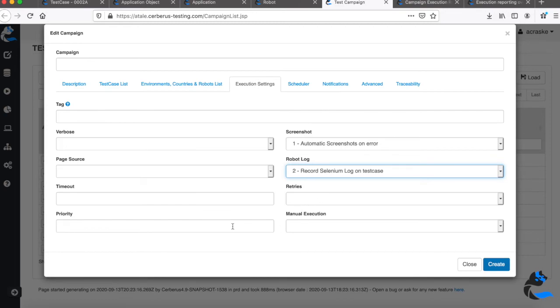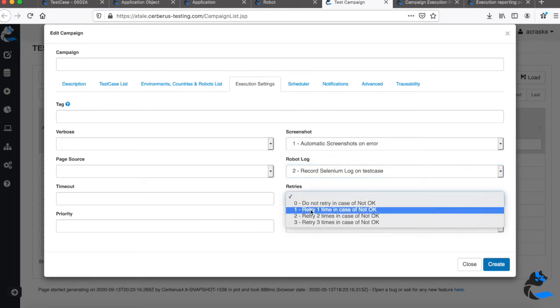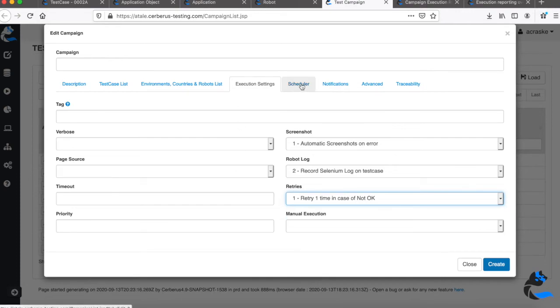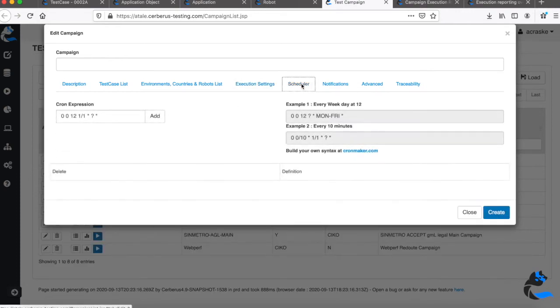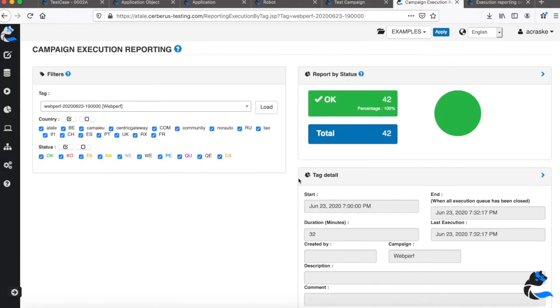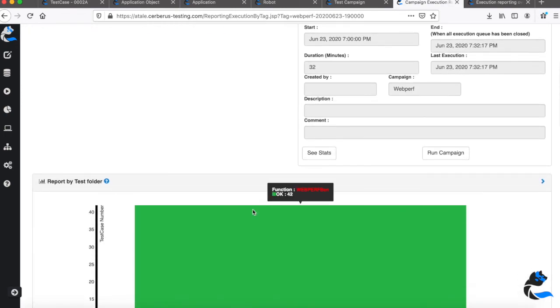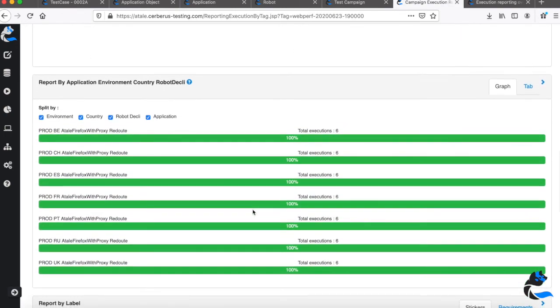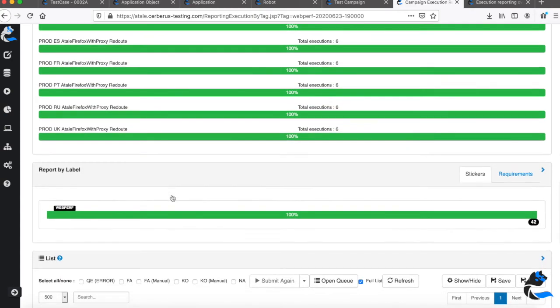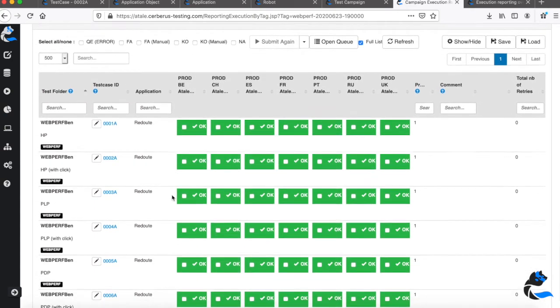In the same way, you can here specify all the test execution traceability. And here is where you can specify the scheduling using a crontab format, or if you want, you also have the native CI/CD integration with Cerberus, and this enables you to access this type of report also for the campaign, and to verify the status per feature, per country, per use case on your exhaustive test case list.